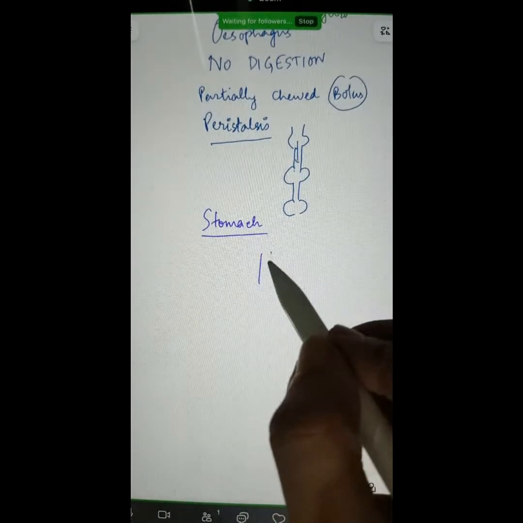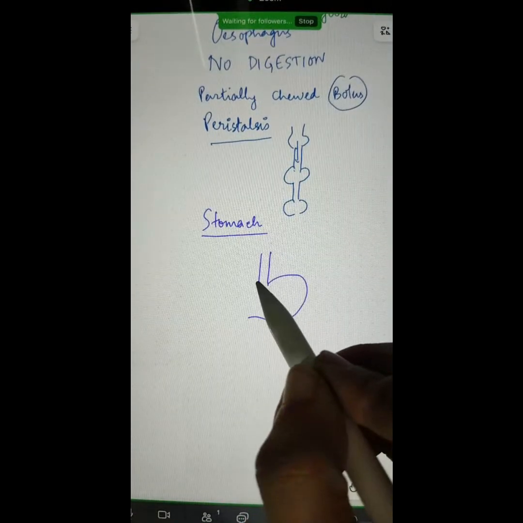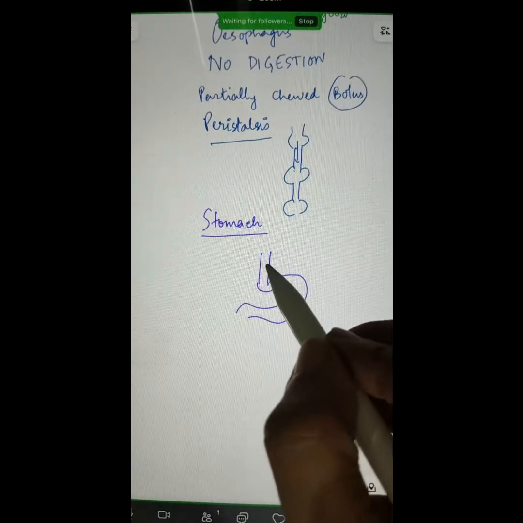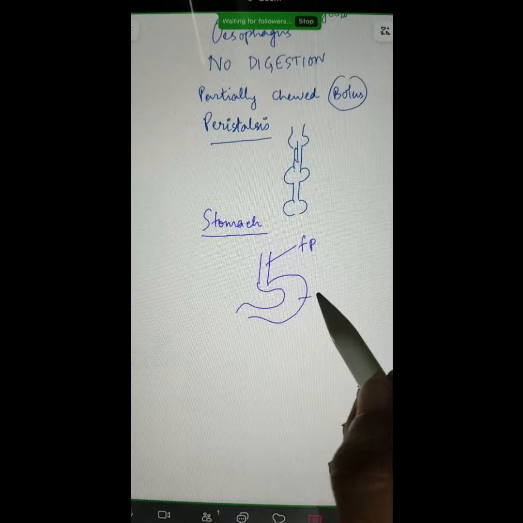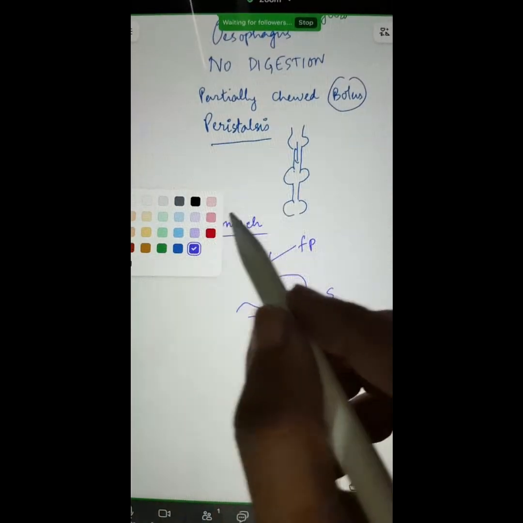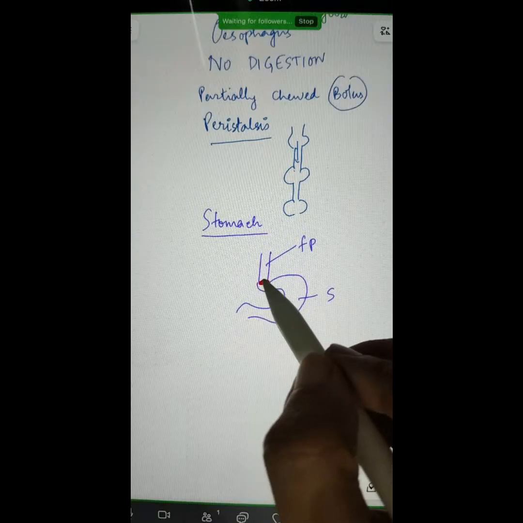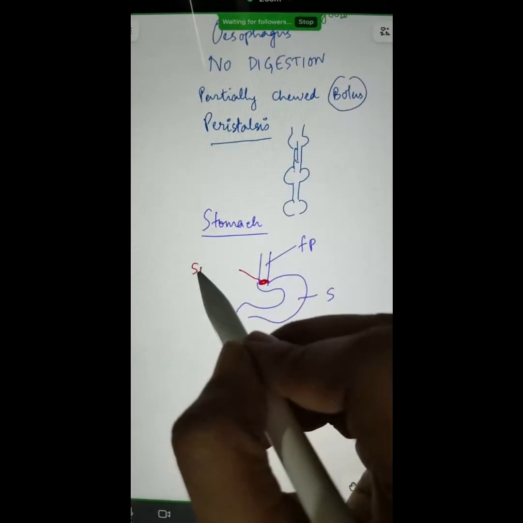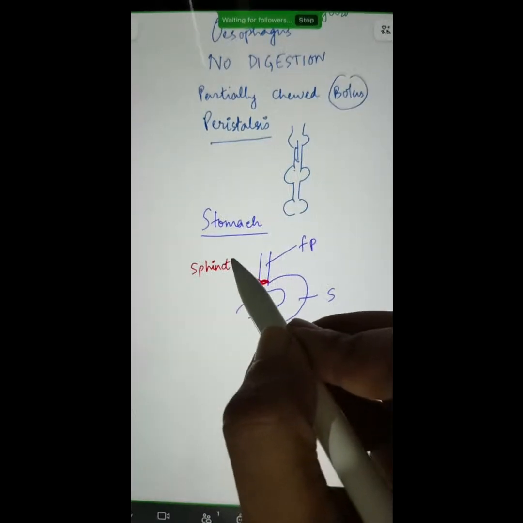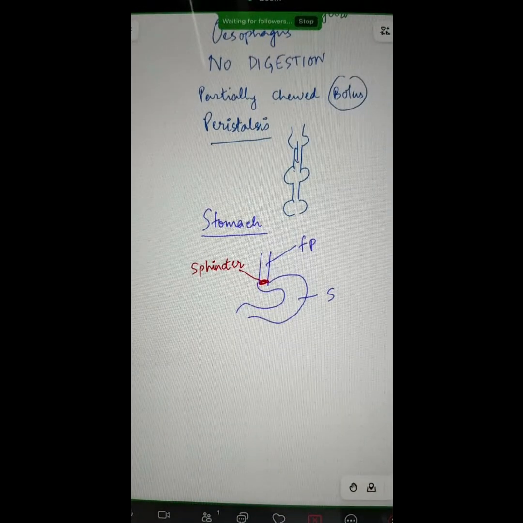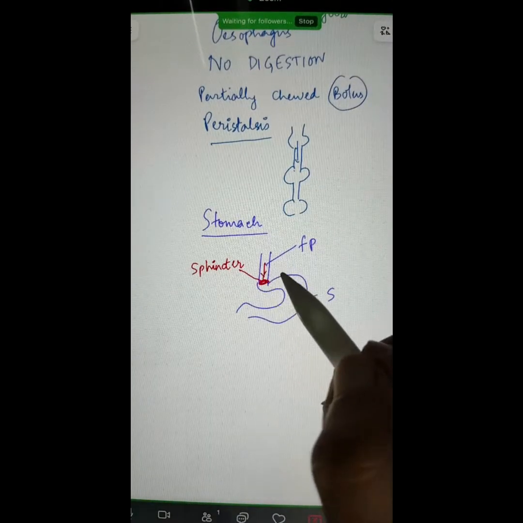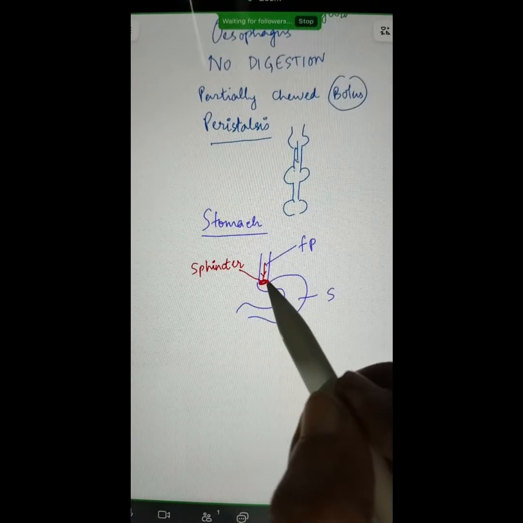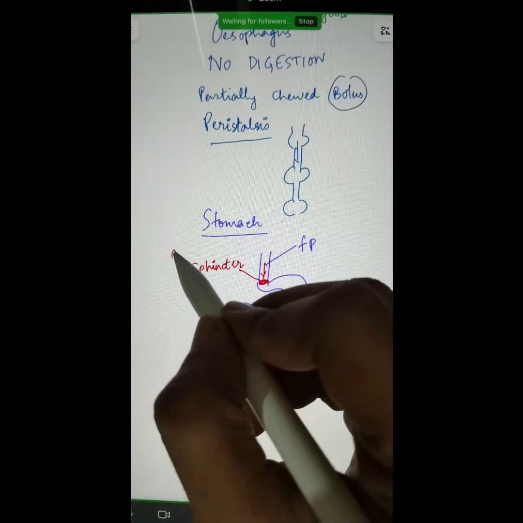So from the esophagus, the food has to reach the stomach. Suppose I'm drawing this diagram again. Here you can see that this part is the food pipe and this part is the stomach. As the food goes from the food pipe to the stomach, there is a door, and this door is known as sphincter. Sphincter is actually a group of circular muscles which open and close to allow food to pass. So, as the door opens, the food from the food pipe will be crossing this sphincter, and this sphincter is known as